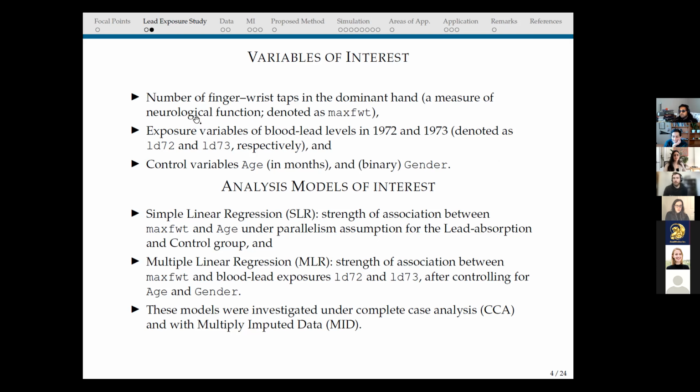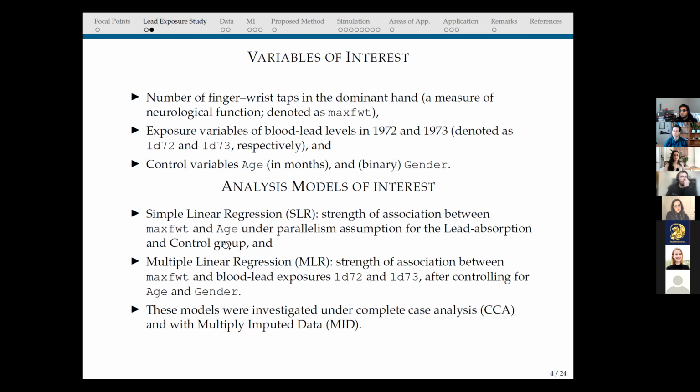Given these variables in the model, the first objective is handled through simple linear regression, and I'm sure people in the audience are familiar with it. The idea here is we want to learn the strength of the association between age and neurological function, as measured through the finger tapping wrist test, and how it differs between those two groups. One of the things I did in this model is assume parallelism, and that will become familiar when we go back to the example. So once we learn the strength of association and how it differs by group,